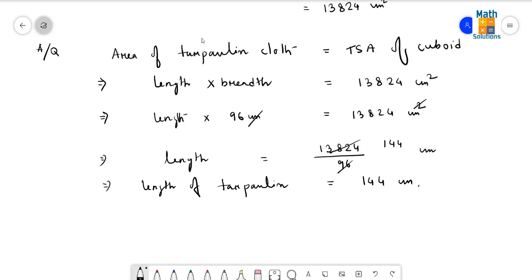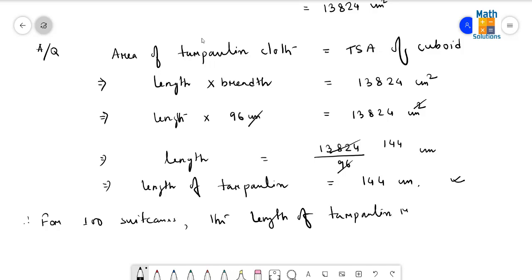So we have to find out the total length of tarpaulin cloth required for making 100 such suitcases. For one, this is the result. Therefore, for 100 suitcases, the length of tarpaulin required is equal to